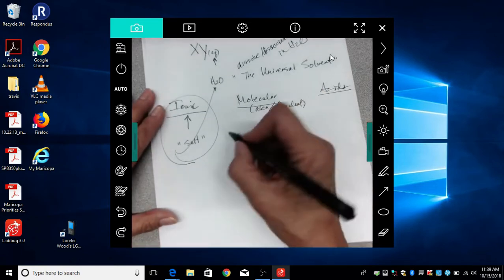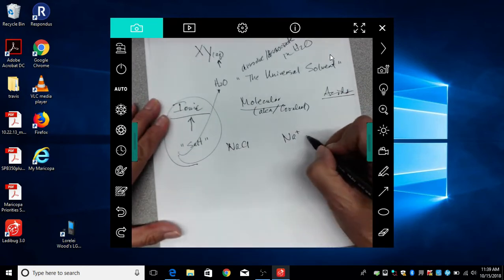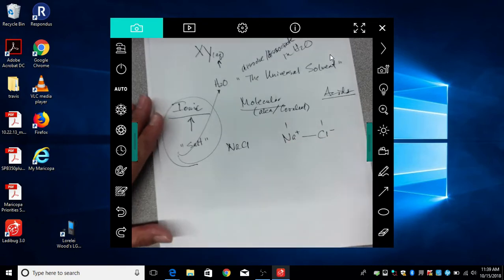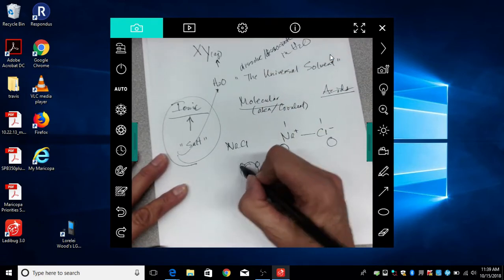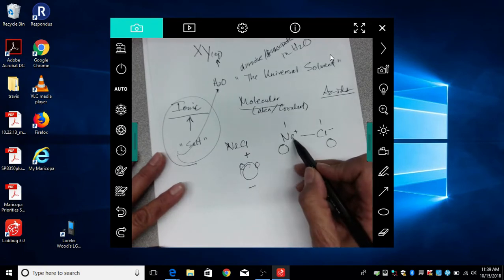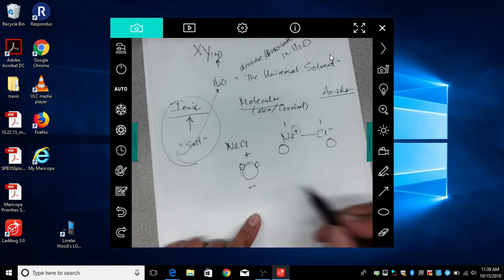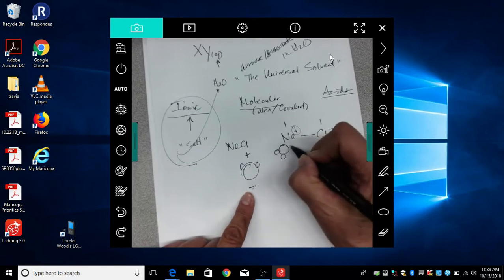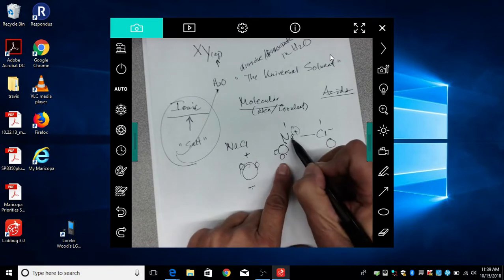For example, we talked last week about sodium chloride, and it's a crystal structure of three dimensions, and that the water molecules will gang up on the charged ions. Sodium happens to be positively charged, and it's hooked up to chlorine, which is negatively charged. The water molecule is polar, with one side positive and one side negative. When they come up to the positively charged sodium in the crystal lattice, the positive charge on sodium attracts the negative end of the water molecules, and the sum total of a whole bunch of these water molecules ganging up on this ion pulls it off